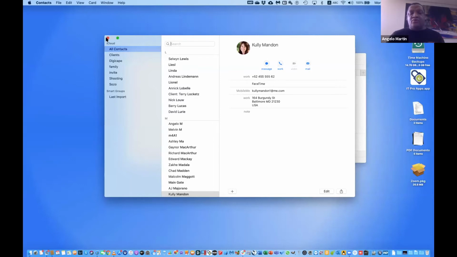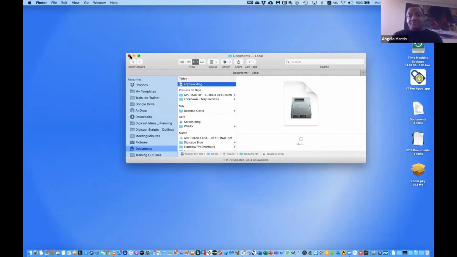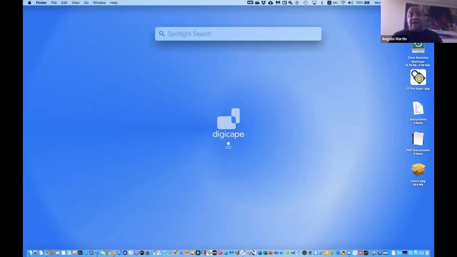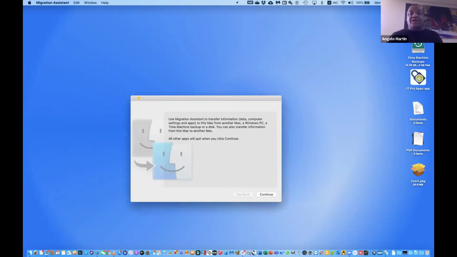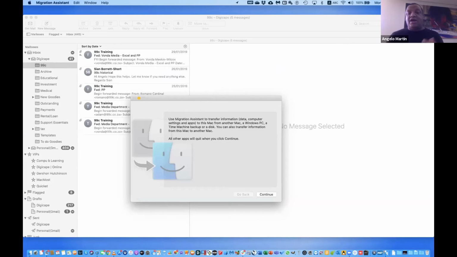Now, the other way we can restore is to restore our entire system. So say for instance, something happens to your computer, you have to book it in for repairs, or for some reason you need to clean the whole computer, or even worse, your computer got stolen, got replaced with your insurance, then you can do the following. Now inside of your Mac, you've got another application called Migration Assistant. Okay. Now, in Migration Assistant, you are able to restore your entire system,